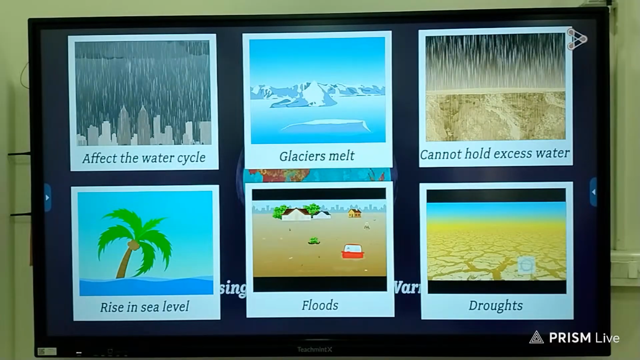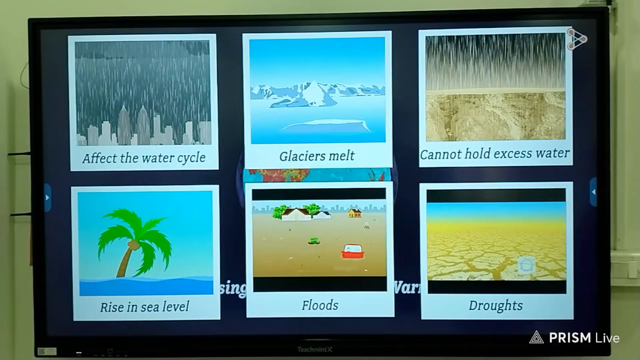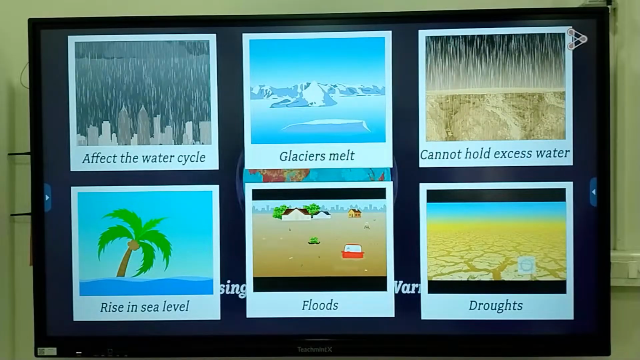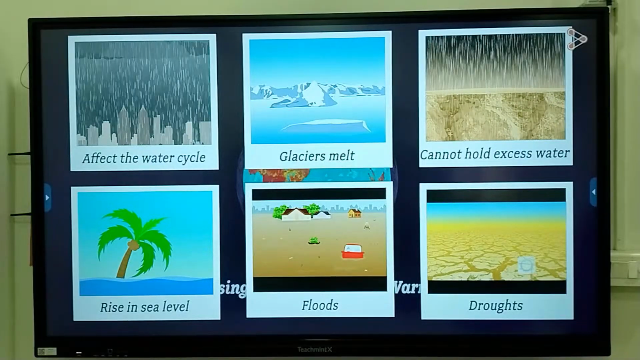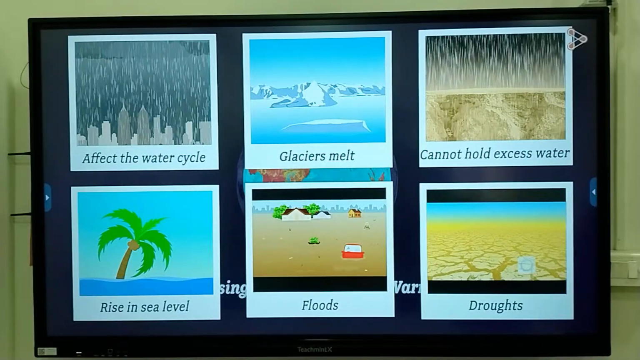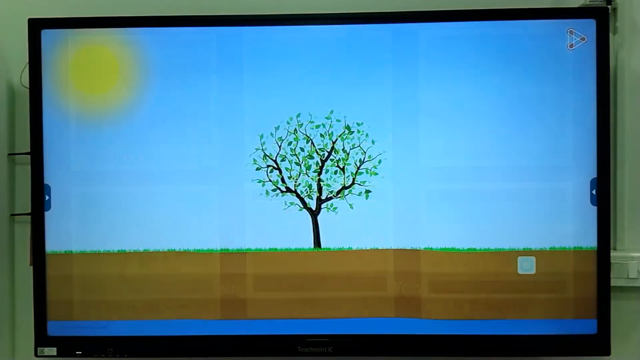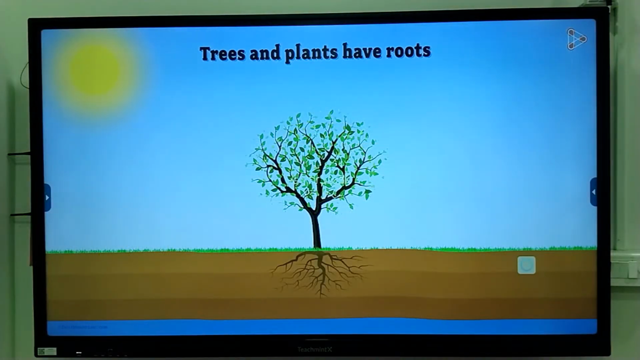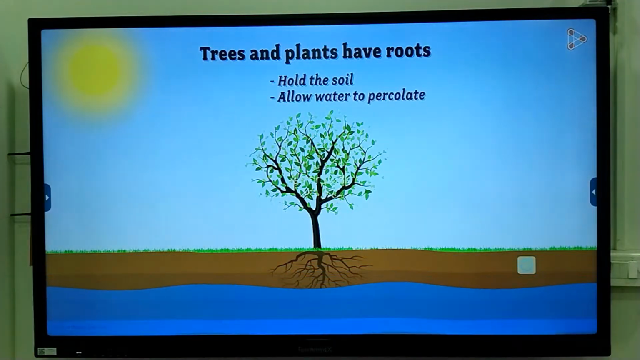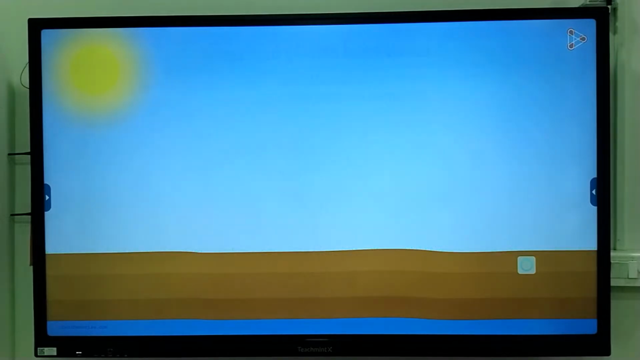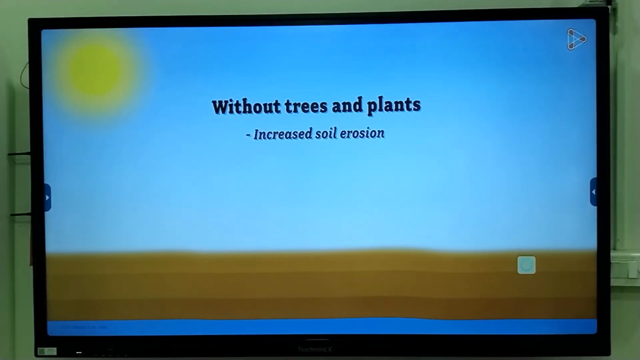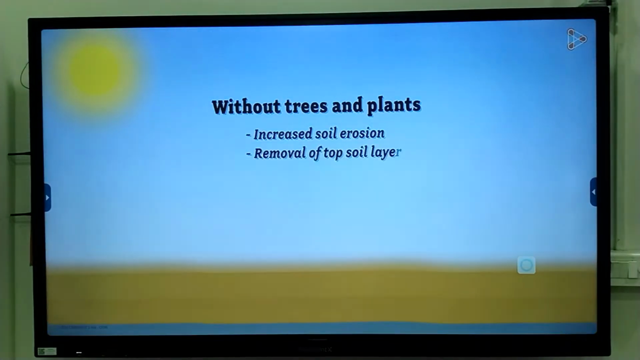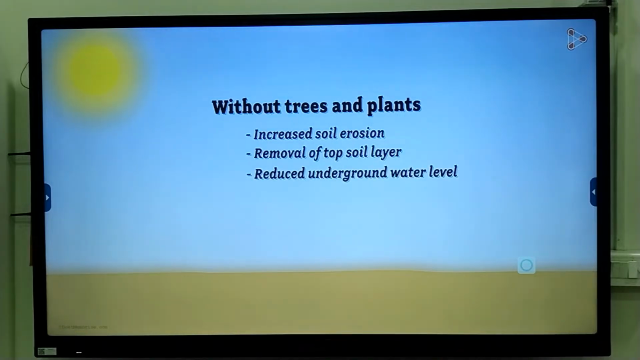Haven't you noticed the erratic climate changes in your area? These are all results of deforestation. Let us see how the water table is affected due to deforestation. Trees and plants have roots which hold the soil and allow water to percolate into the soil. With trees around, water does not run off carrying away with it the topsoil. This means that the absence of trees would cause increased soil erosion, removal of the topsoil layer, and reduced underground water